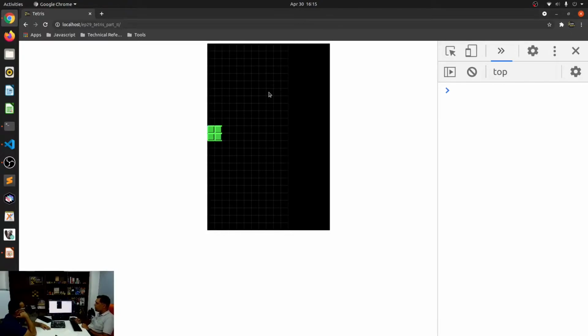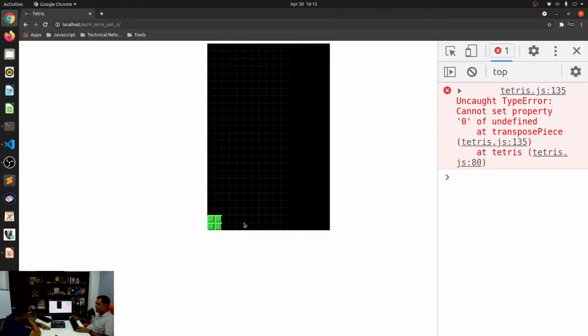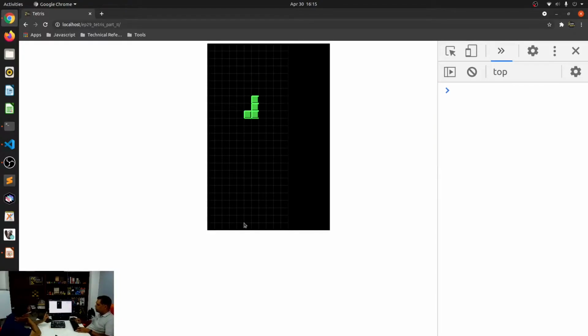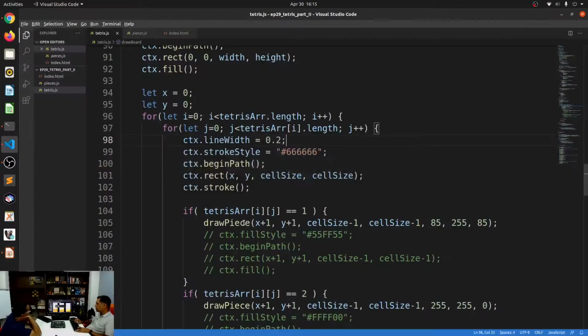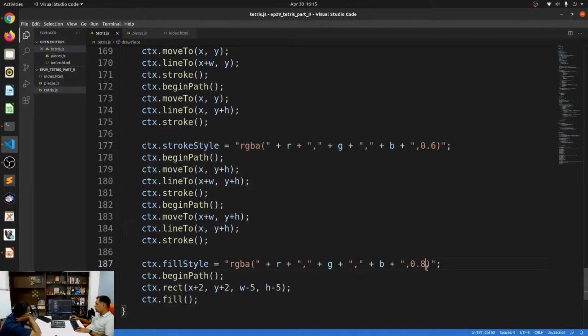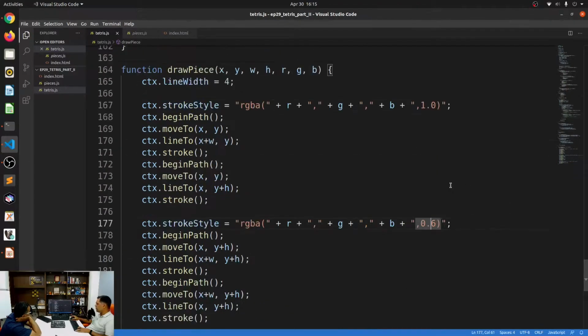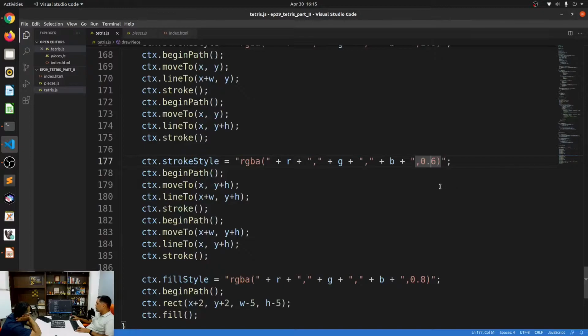Does this give you that beveled look? Yeah. I think the outer borders on the right hand side are a little bit off. I see. This piece looks quite nice. I know what you're saying about the black line. Yeah, the black line, right? So this is 0.8. This is 0.6. I've given, and this is 1.0. So I think we can keep it like this. Hold on. What am I missing? So this is 0.6. I think it's that W minus 5, H minus 5. I think it's got something to do with this.